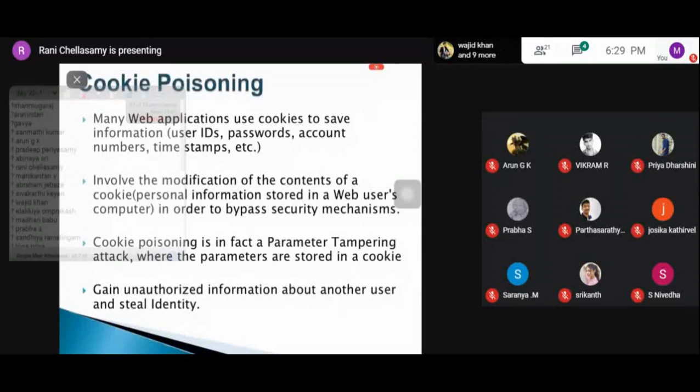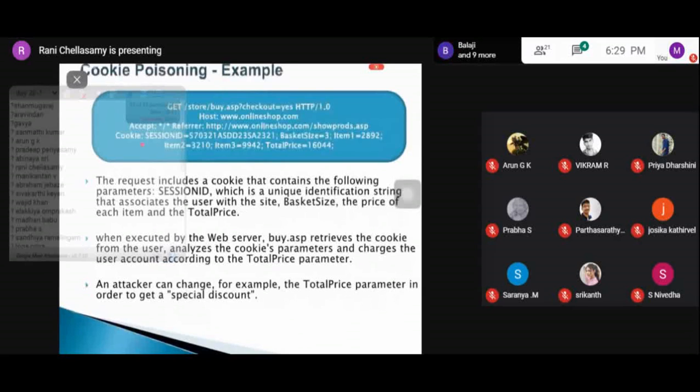For that purpose we introduce a concept called the cookie. The cookie is used to trace the client's information. Cookies are used to maintain the session state in the otherwise stateless HTTP protocol.